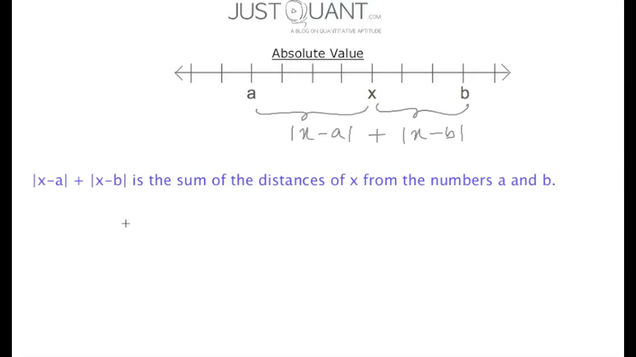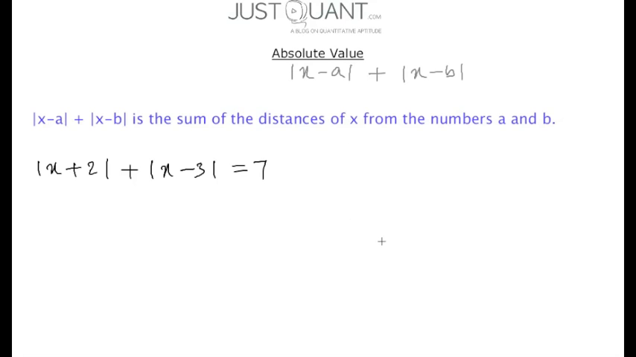Let's now try to solve an equation for x. The equation is |x + 2| + |x - 3| = 7, right? We can write this as |x - (-2)| + |x - 3| = 7. So here we are trying to calculate that value of x whose sum of the distance from minus 2 and 3 is 7. So representing this on the number line,